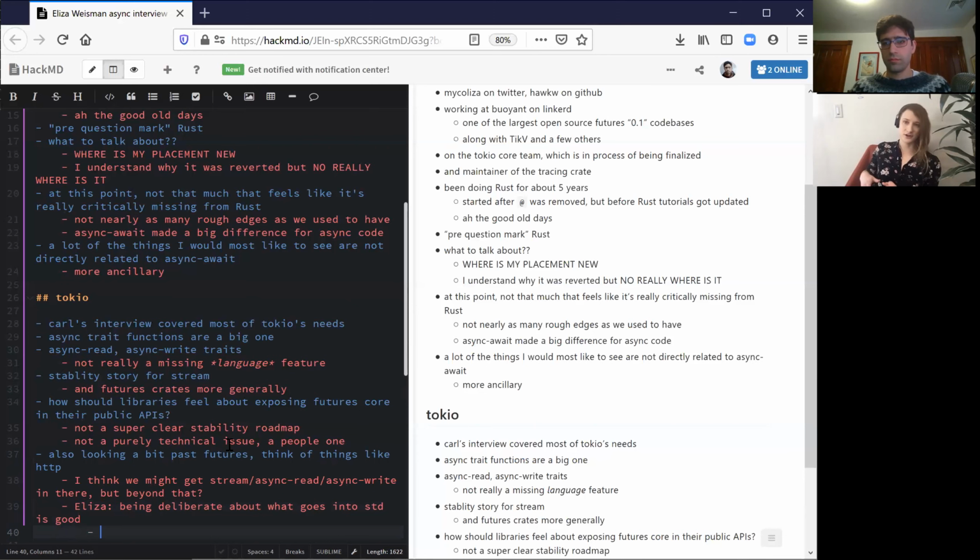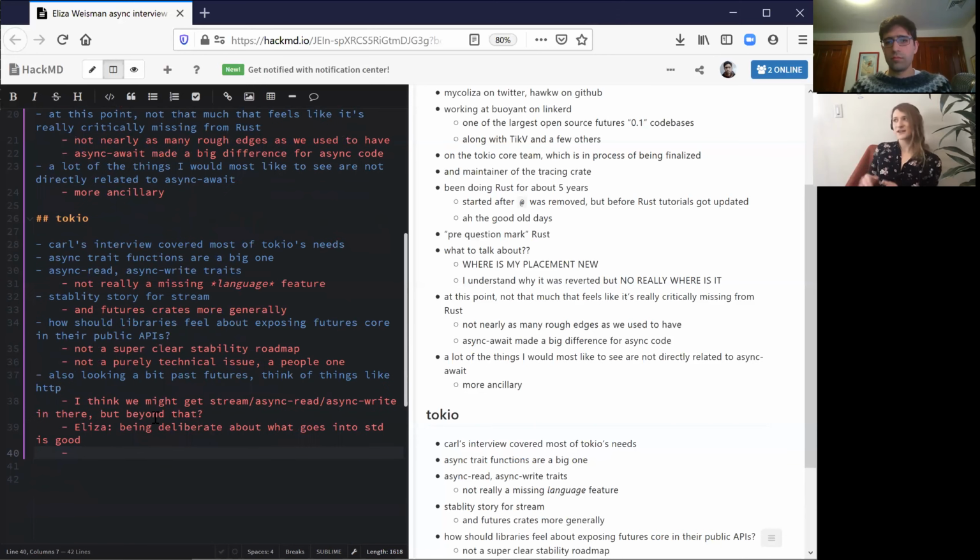And when you open the documentation, it sort of says use this new thing instead of this, but it's still in the standard library because of compatibility, and we can't take it out. And so having a small, deliberately curated standard library is good. And being cautious about stabilizing things in the standard library is definitely good. And I think that's something I appreciate about Rust a lot,